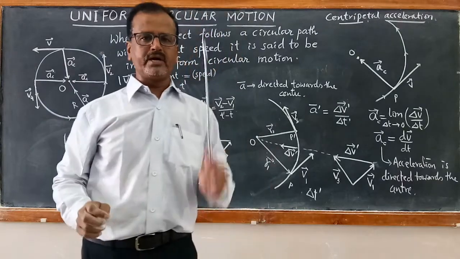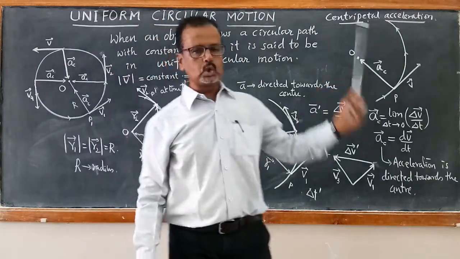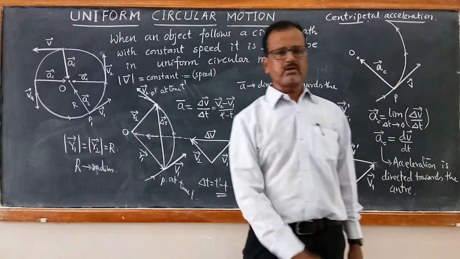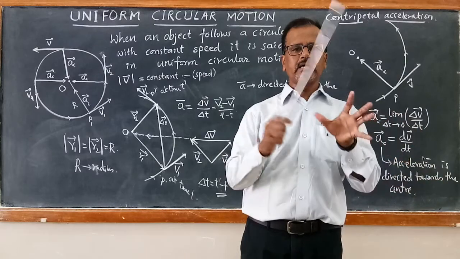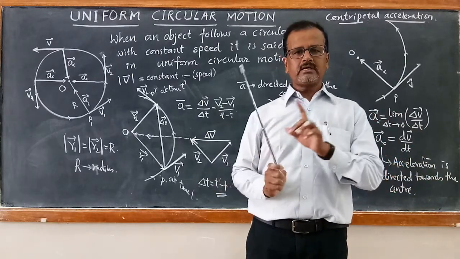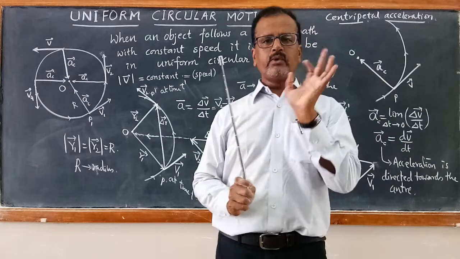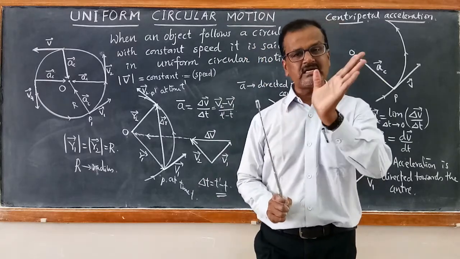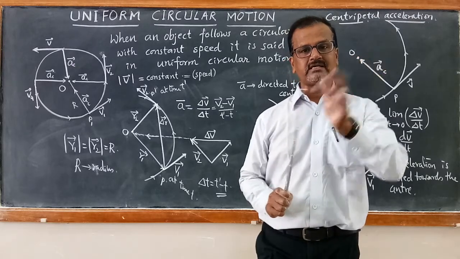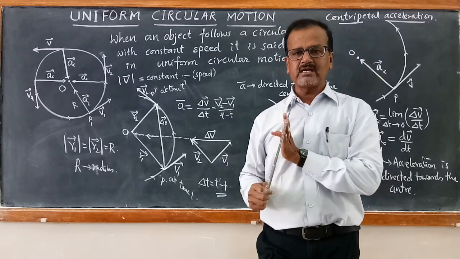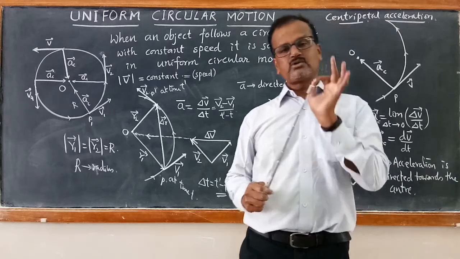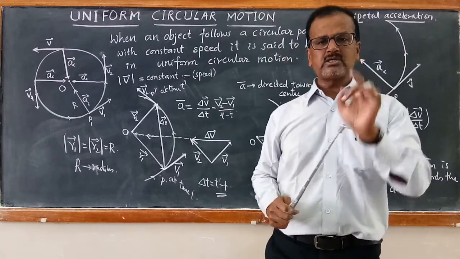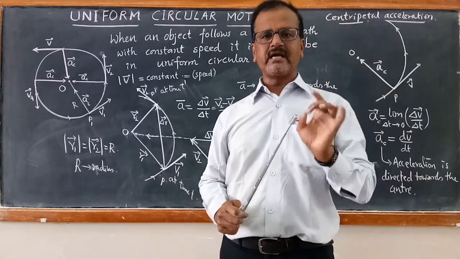This is possible if and only if the particle undergoes uniform circular motion. Therefore, in general, when the particle undergoes uniform circular motion, the tangent drawn at every point gives us the velocity vector at that point, and the perpendicular drawn to that tangent is always directed radially towards the center. Radially towards the center means it is directed along the radius towards the center. So such an acceleration which is always directed radially inwards towards the center is called centripetal acceleration.